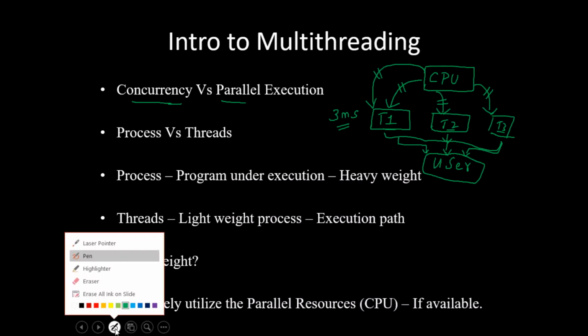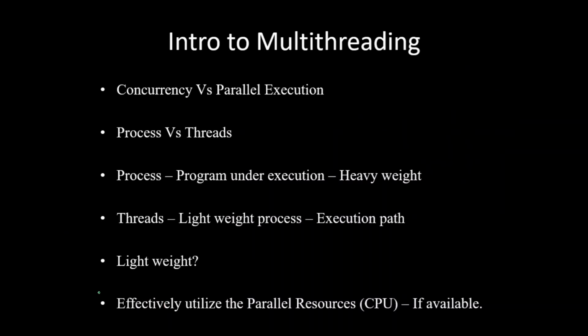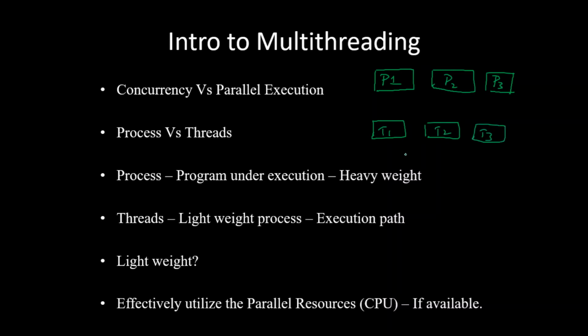Whereas coming to parallel execution, there you really have more than one CPU. Nowadays we have multi-core computers with more than one CPU in a single chip. So assume that your computer has 3 cores, say 3 processors, P1, P2 and P3. Now if you want to execute three tasks, say T1, T2 and T3, these three are the tasks which you want to execute simultaneously. Say the user has opened all these three tasks in different windows and wants to execute them.